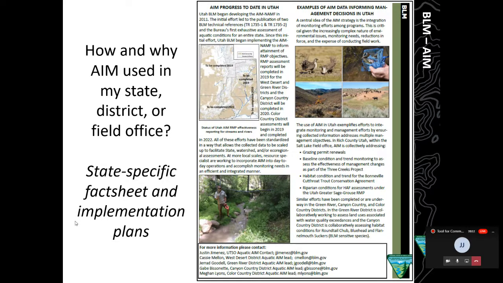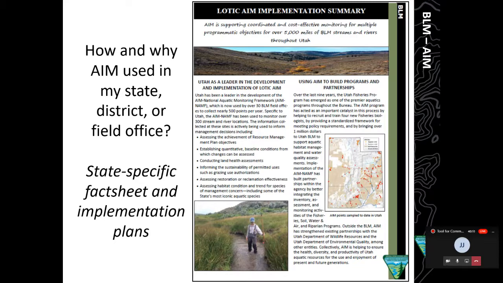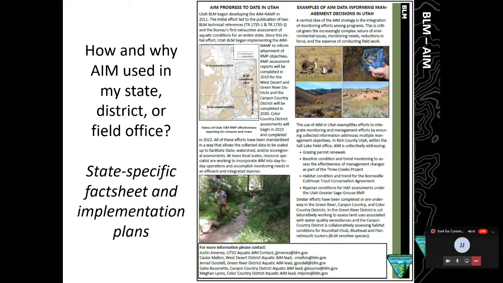We also use it a lot with our partners in developing partnerships. Our partners are really interested in this information, the results of it. One example where our partners have been very engaged is where we've identified some water quality concerns from collecting aquatic AIM data. Our partners at that point were interested in working together, such as the State of Utah Department of Environmental Quality, to do further monitoring to address water quality issues and then the extent of them.